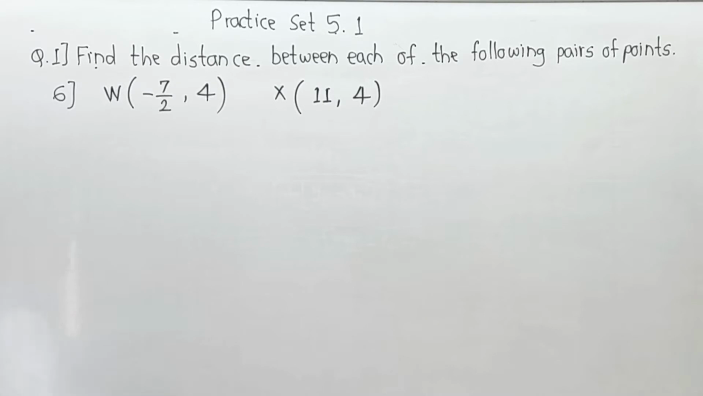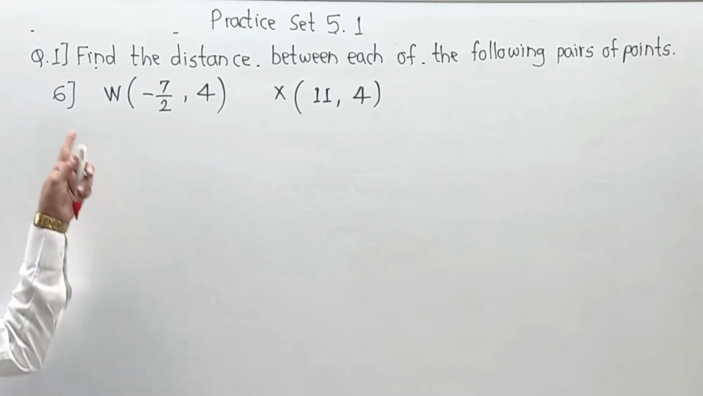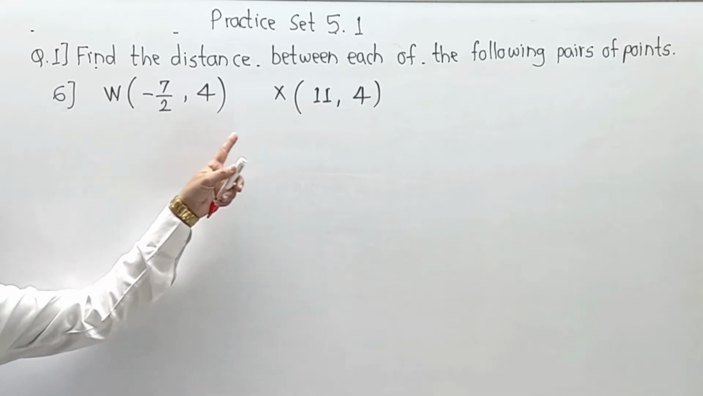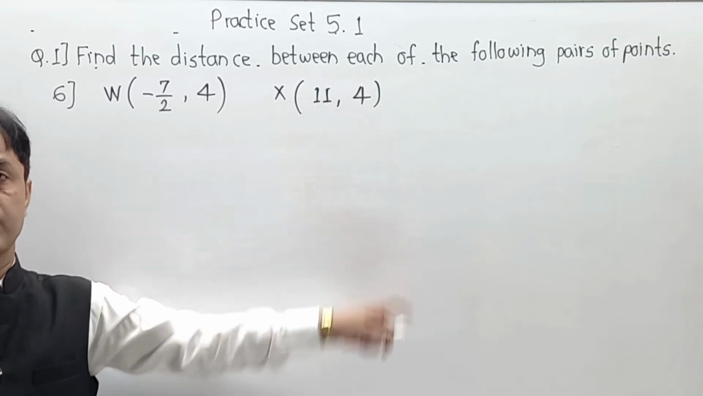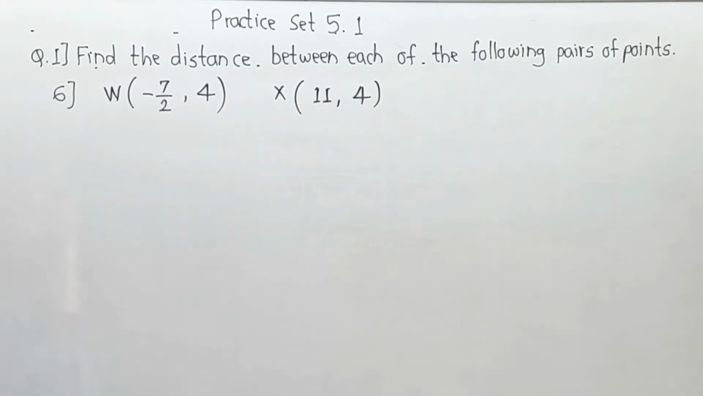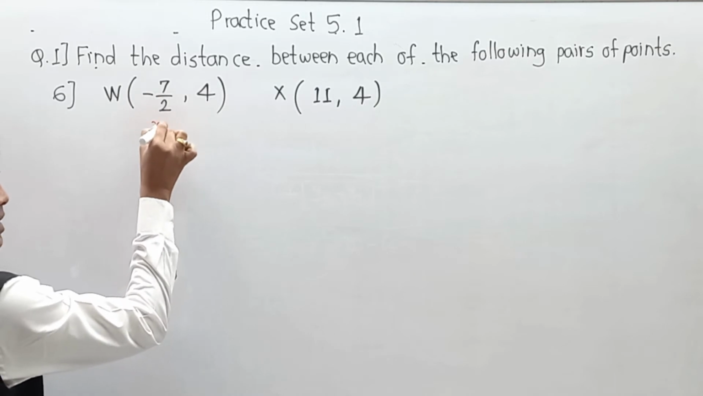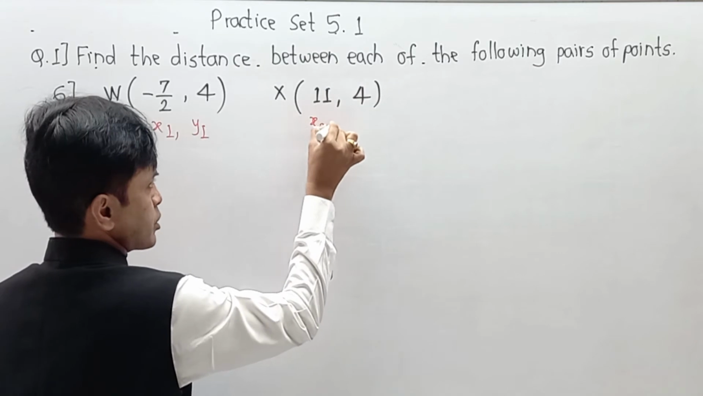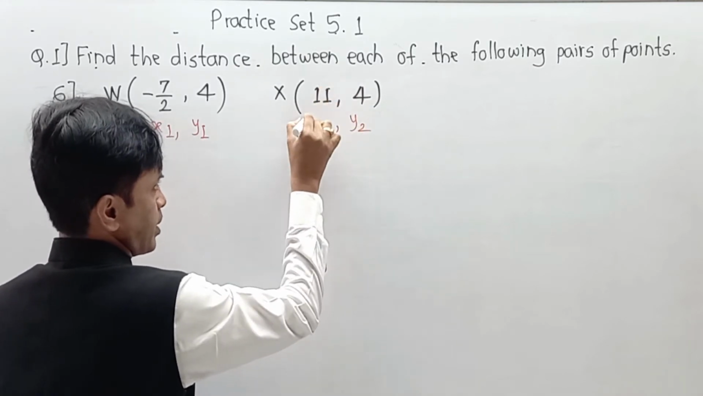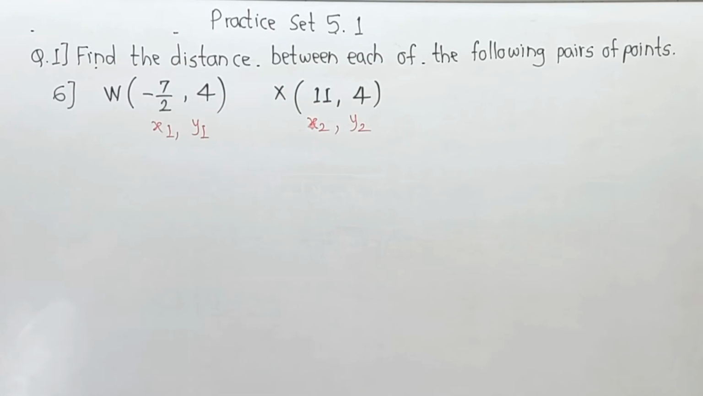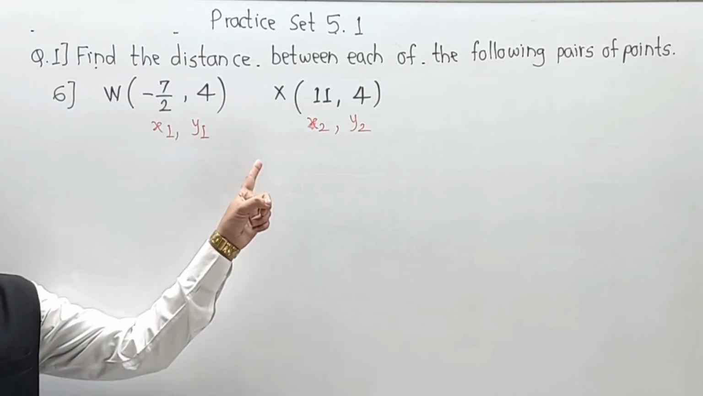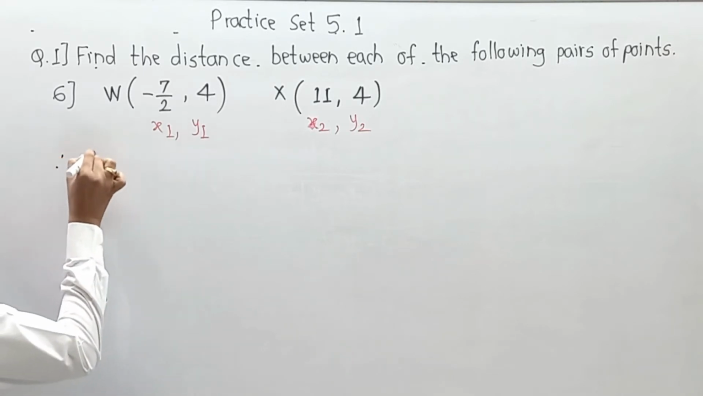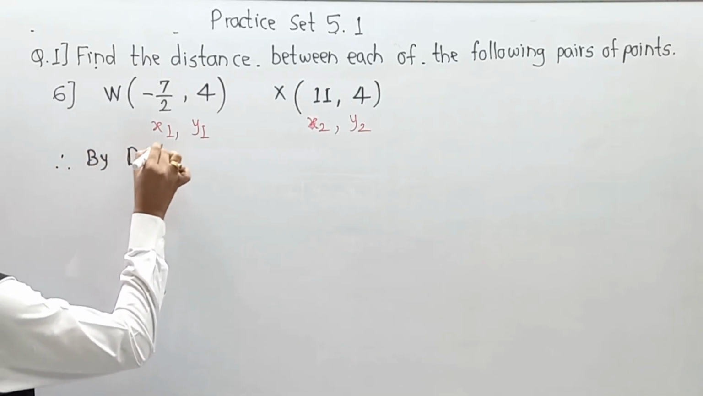Now after completing the fifth question, moving to the sixth question, question number 6. Now the points are W is minus 7 upon 2, 4 and X is 11, 4. Now indicating W point's coordinates as x1 y1 and X's coordinates as x2 y2. In this way we have indicated 2 points, one is x1 y1 and second is x2 y2. Now applying the distance formula over here, therefore by distance formula